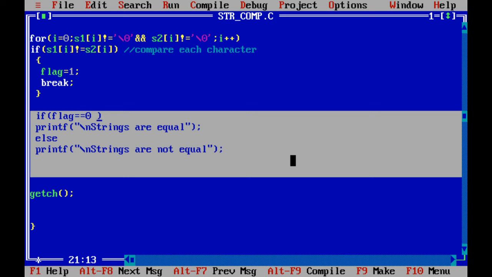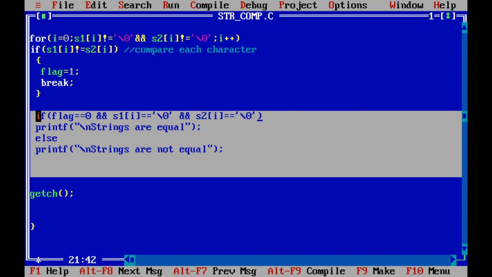So we will write here: if flag equal to 0 and S1 of I is equal to null. Equal to null means S1 is ended, that is, all characters in the first string are compared. As well as S2 of I is also equal to null.